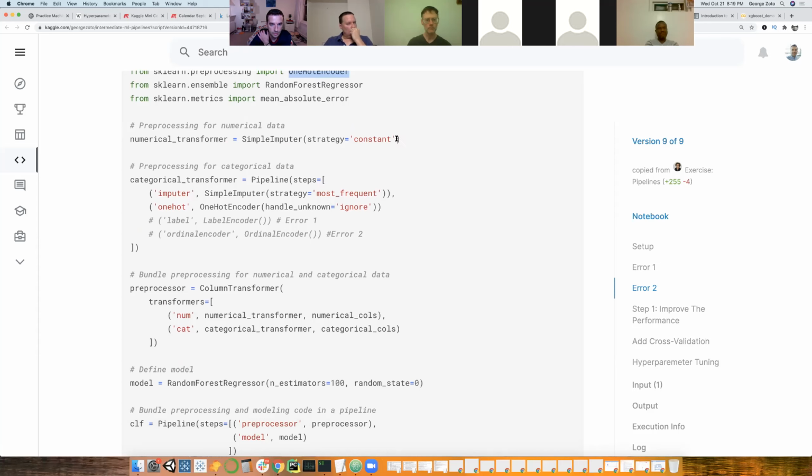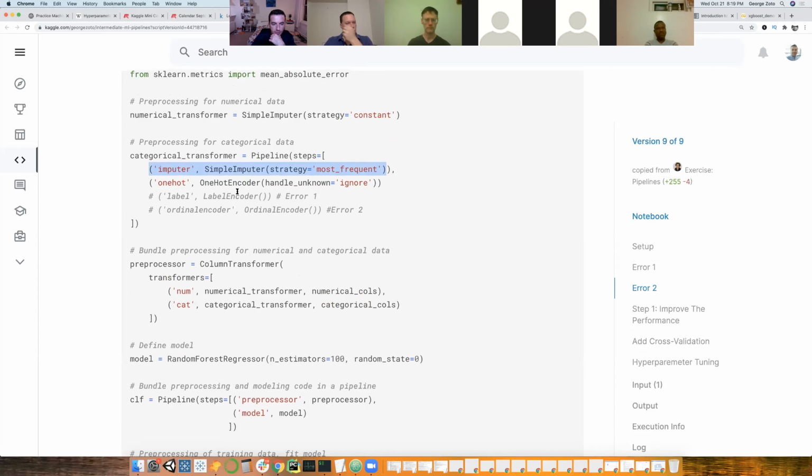And for numerical features, the constant value for simple imputer for missing values will be zeros. And for categorical variables, the most frequent, we'll be using that to fill NAs, missing values, and we'll be using one hot to encode them.